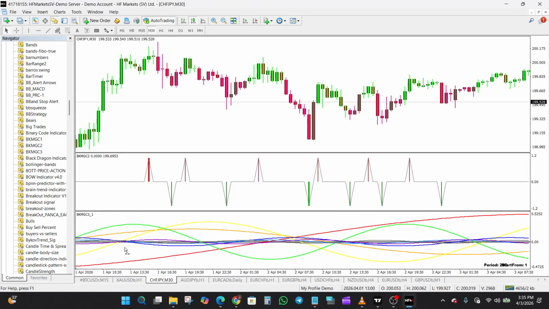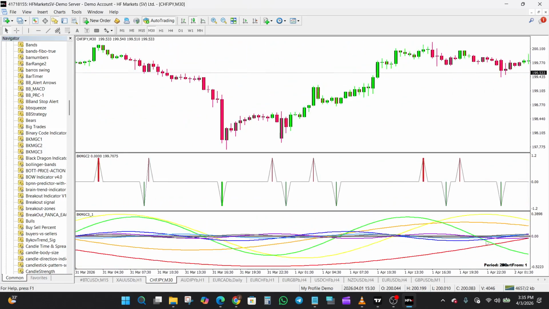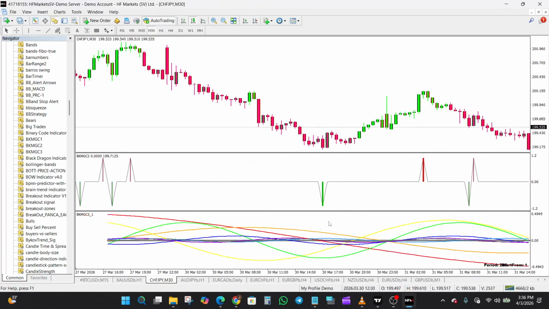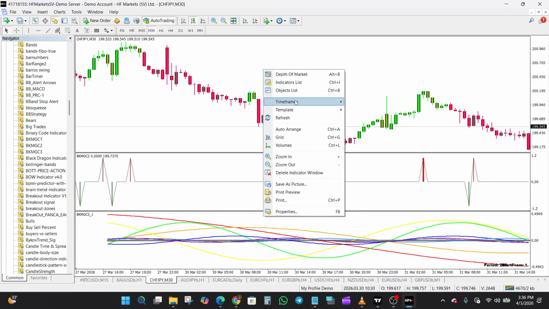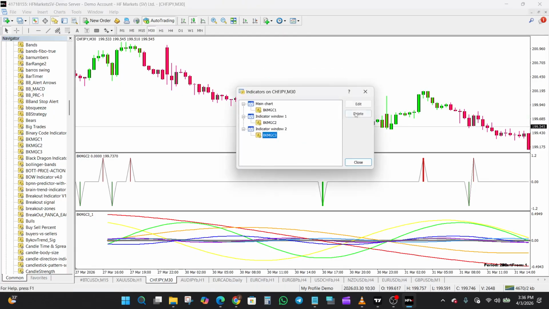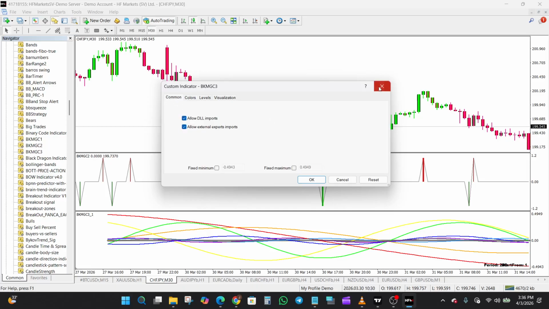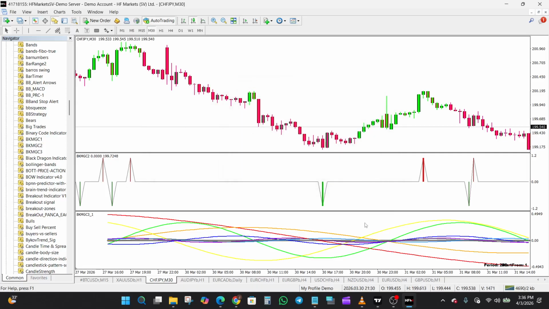All right, now this lots of lines here. Let's go to the indicator settings to see if we can find anything unique. You can see just the colors though. All right,